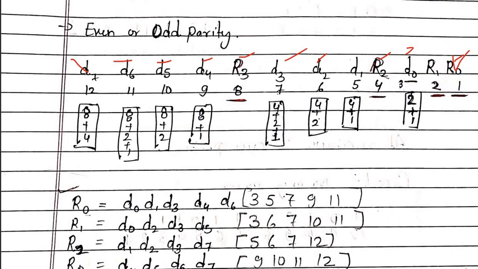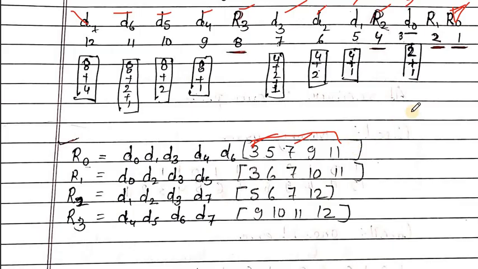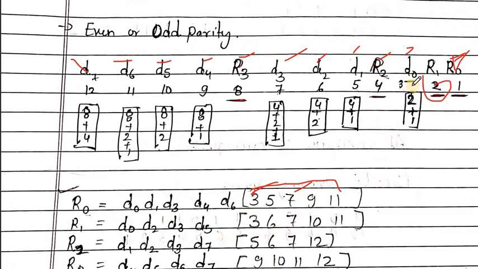So for all odd-numbered places where the data is, we include these bits for the R1 parity bit to balance. To balance the R1 parity bit, we should follow the odd-placed data bits 3, 5, 7, 9, 11. And for R2 there is a different set. So we have to use this chart to balance the parity bits of given data.